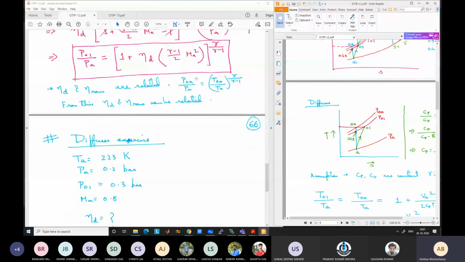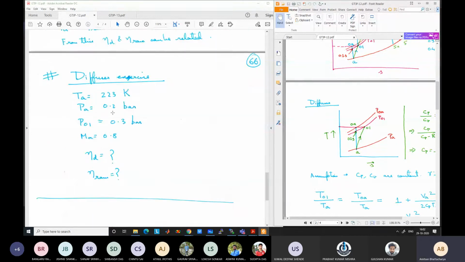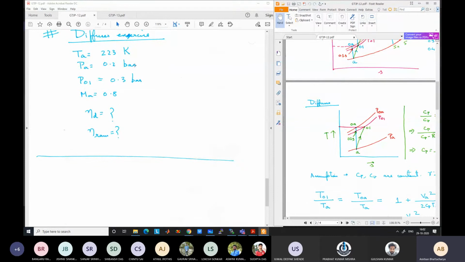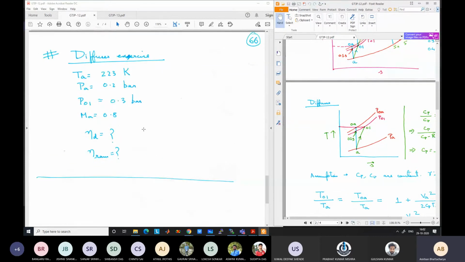This was supposed to be finished in the previous class. I had given one exercise, but as we could not finish in the previous class, we will do the exercise right now itself. I was supposed to give one just for your practice, and I would have given the answer in the next class, but because we are doing it, let us directly jump into this to try to understand better.